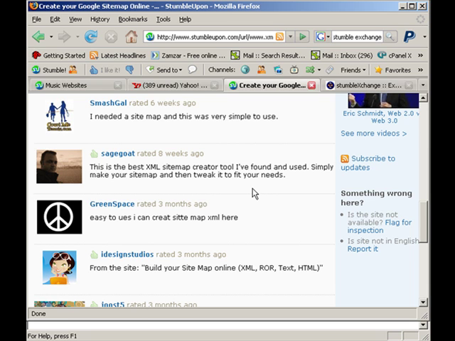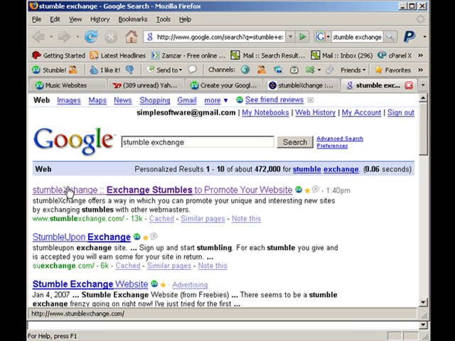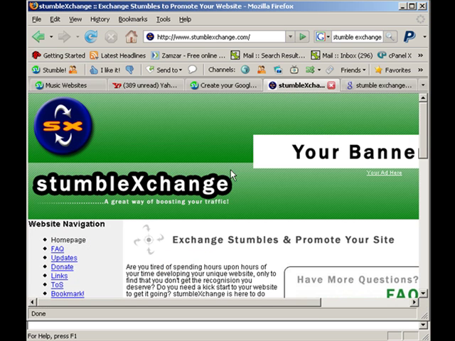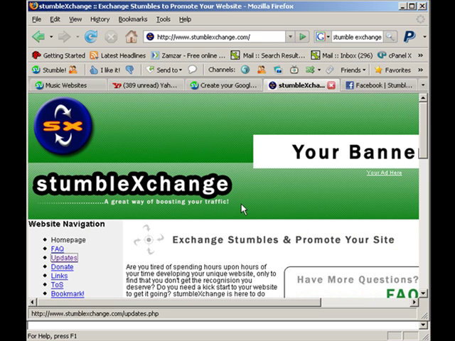And most of the time it seems like a long manual process. Knowing me, I don't like to spend lots and lots of time in front of the computer. There's a site called Stumble Exchange. If I do a Google search on it, it's spelled Stumble Exchange, but you'll find it here. So if I go to the site, it's called Stumble Exchange, and it's a great way where you can exchange stumbles. So okay, I do a stumble for you, you do a review for me. Sort of like what I was talking about earlier. So I definitely highly recommend that you sign up for that site here.